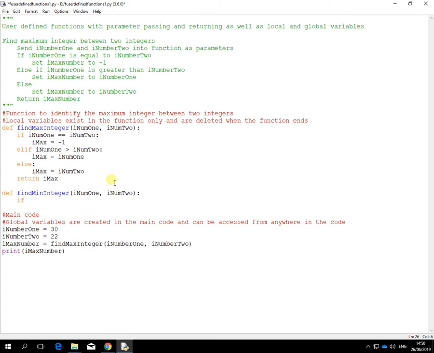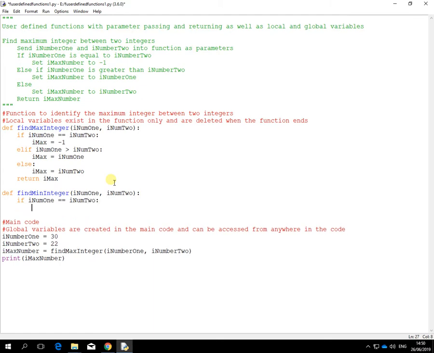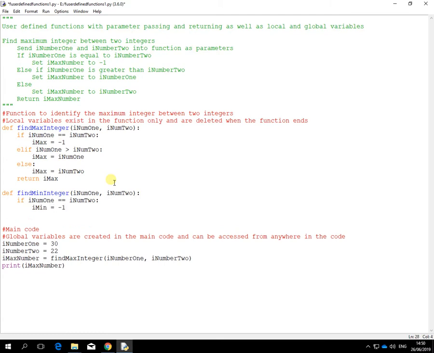Again, we've got the if statements, if they're the same. Now what I could do here is copy and paste the whole thing, but I won't do that. I'll take my time. So if they're both the same, I want to return the value of -1 to prove that they were the same. Now it's I min now, not I max, equals -1. So I'm saying if they're the same, return -1. We use elif to continue us on. If I num1, sorry, is